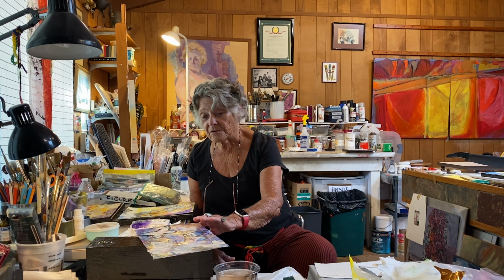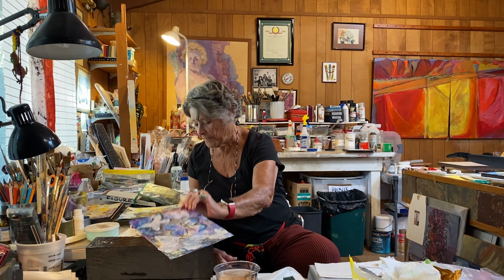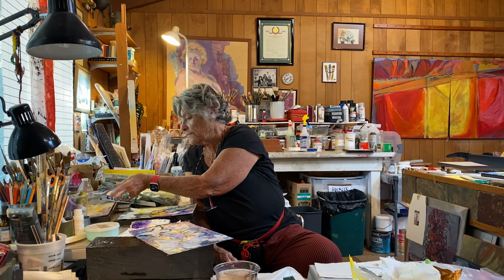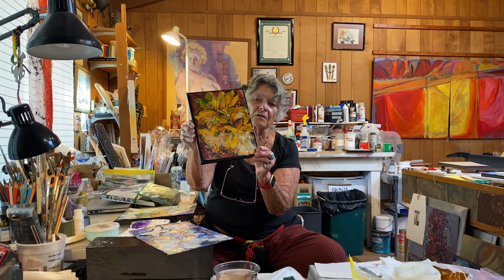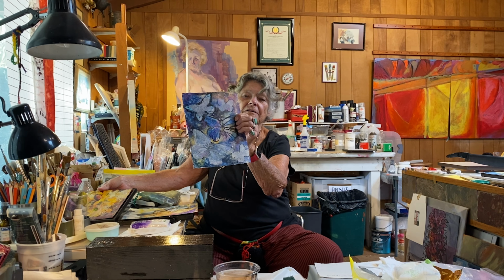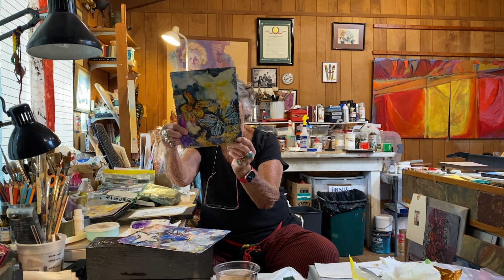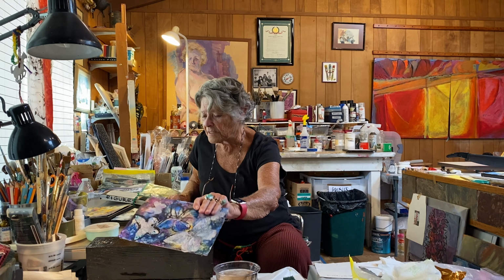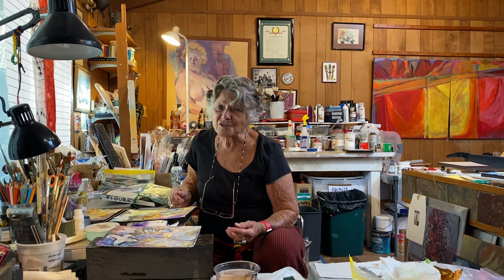For instance, these are unfinished. I have a small piece, 8 by 10. This is another unfinished piece. This piece is finished. I have them all labeled. This one is called Why. This piece is going to be called Here Today, Gone Tomorrow. This piece is going to be called What? No More? So I have 12 in the series, and each one has a title pertaining to our consciousness about